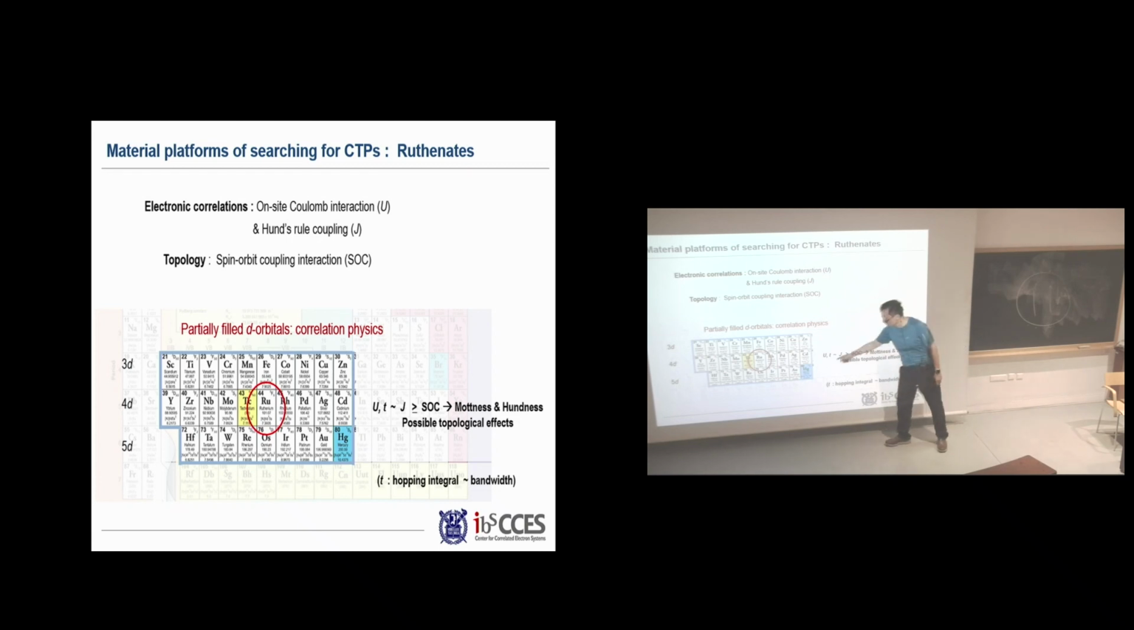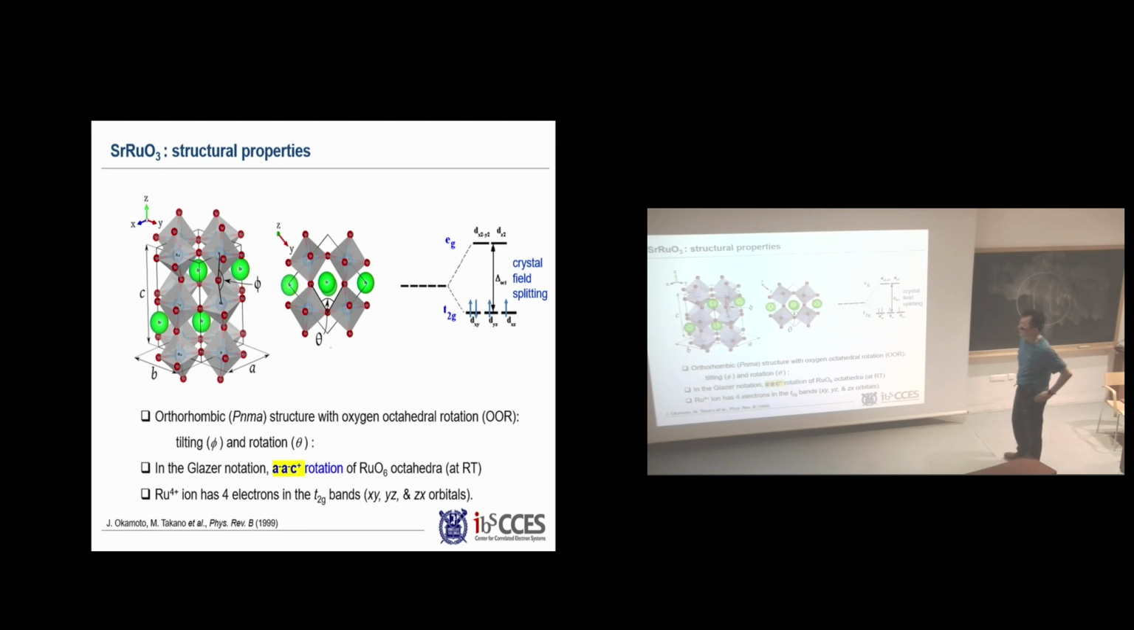But since the U value and J value are very similar, the correlations come either from the Mott physics as well as the Hund physics. Strontium ruthenate has an orthorhombic structure, the so-called Pbnm structure, but it's not